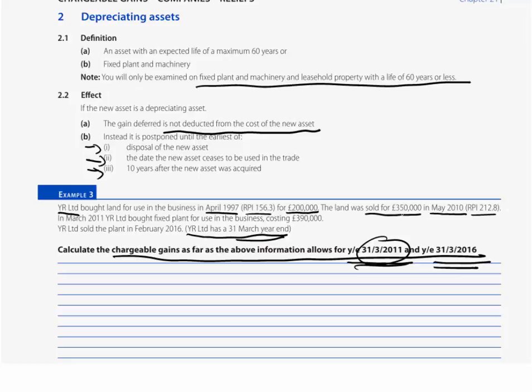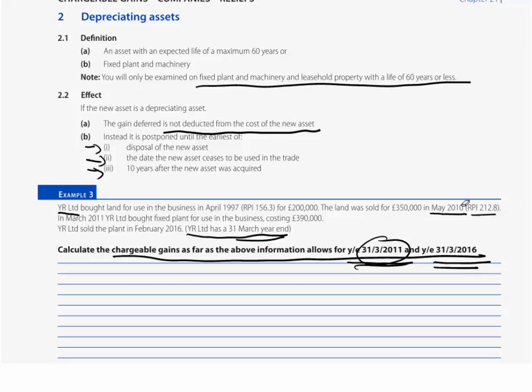How do we do it? Sales proceeds 350, cost 200, get the unindexed gain. Indexation factor: RPI at the point of disposal minus RPI at the point of acquisition, all over the RPI on acquisition. Get your 3 decimal place indexation factor, and as we always do, apply it to the allowable cost of £200,000. So job 1, what I want you to do therefore using that information is to establish that chargeable gain that arose on that first disposal,